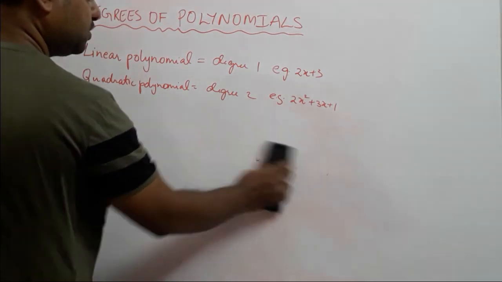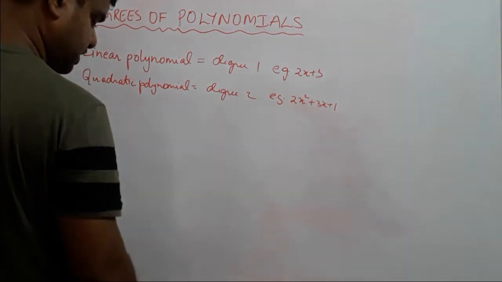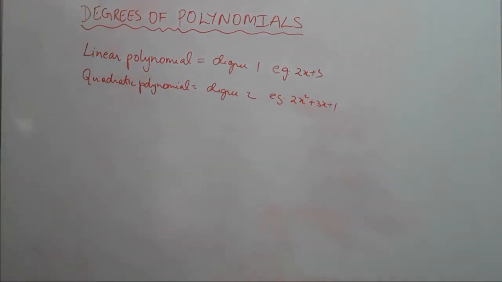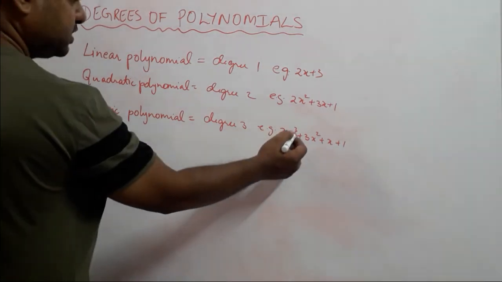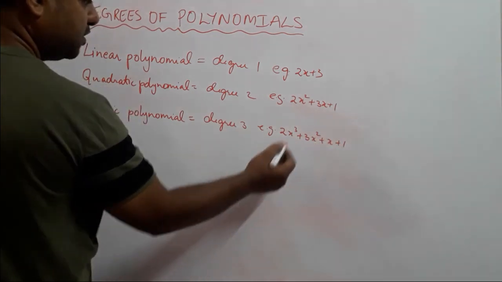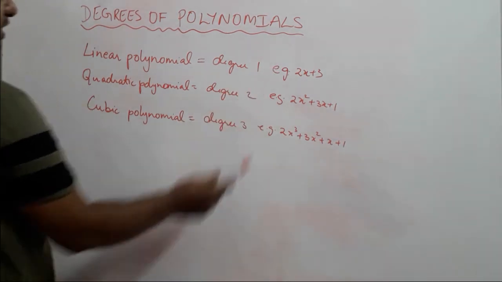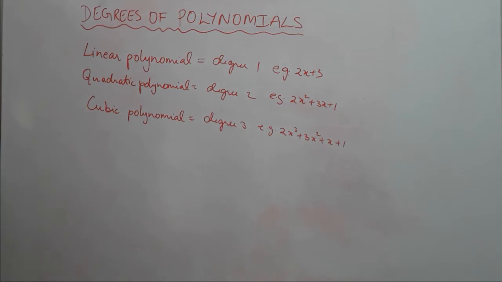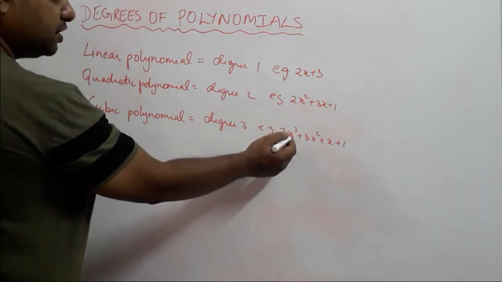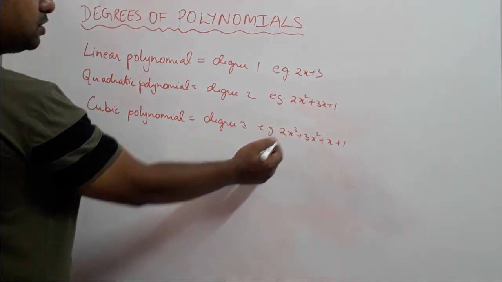So this is a quadratic polynomial, and most of the examples that we will be facing in SSC will be about quadratic polynomials. Let's go to the next polynomial, known as the cubic polynomial. In a cubic polynomial, the degree is equal to 3. The highest degree is 3. Have a look at the example, 2x cube plus 3x square plus x plus 1, where 3 is the highest degree. Similarly, as explained for linear and quadratic polynomials, the coefficient of the highest degree should not be equal to 0.